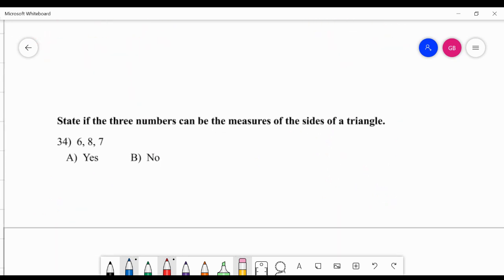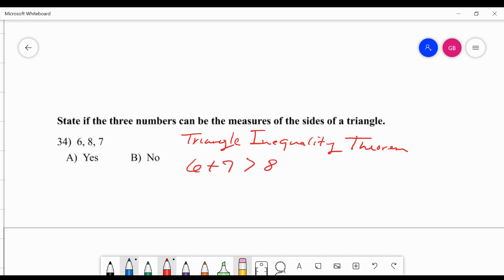State if the three numbers can be measures of sides of a triangle. So for this, we're going to use the triangle inequality theorem. That means that the two smaller sides have to be greater than the biggest side. So it's 6 plus 7 greater than